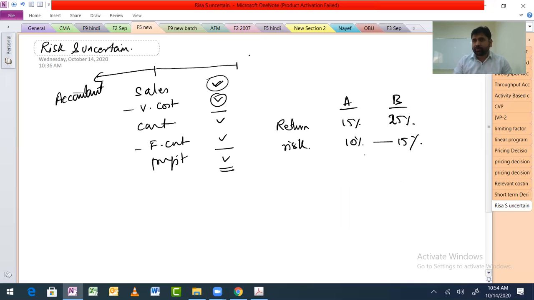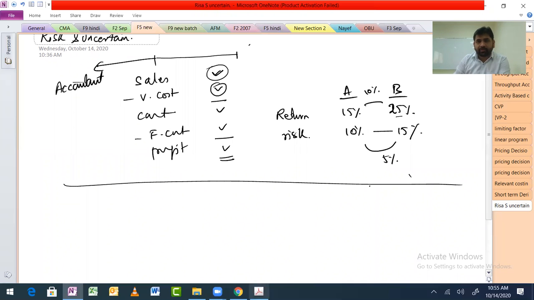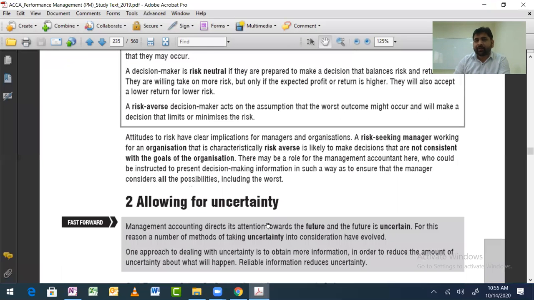So for you, 5% of increase in risk and 10% of increase in return is good enough. I will take the risk, no problem. For somebody else, they will be like, for every 1% of risk I should get at least 10% return. So for them this 25 is too low. And why are they doing this? Because they are too scared. Correct. So anyways, personal things do come in here. When you are talking about risk and uncertainty, your personal state of mind does come into the calculation. Okay, so they were talking about personal traits, then allowing for uncertainty.